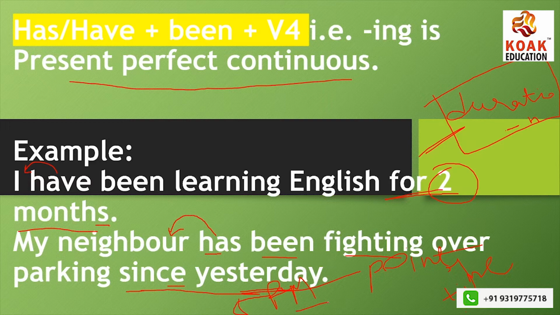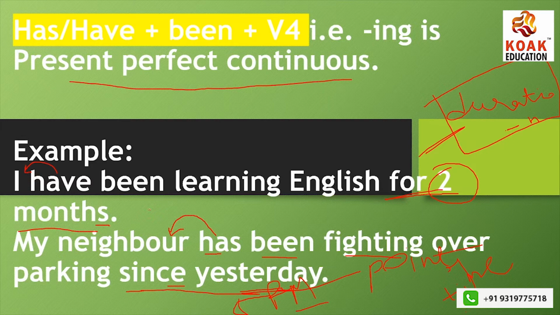I will not make use of "for" here, because "for" comes when I talk about a period of time. That is when I talk about some duration, okay? Like here, for example, 2 months. Getting my point? So this is one learning point that you have to bear in mind while you frame sentences